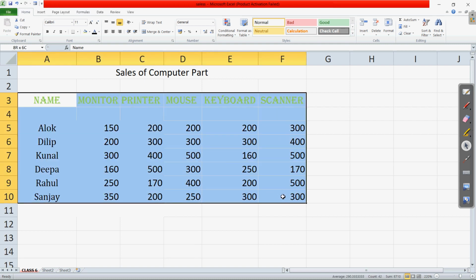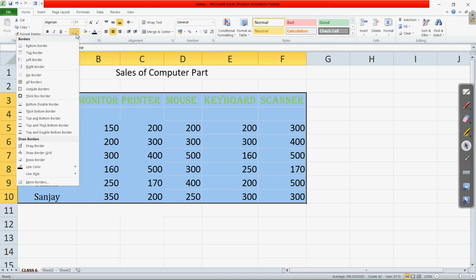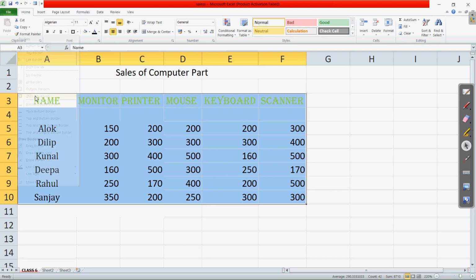First we select these cells across which we want the border, then go to the home tab, then when we click on this border option, here we have different ways to apply the border. Clear? If we want a thick border outside the whole selected cells, we can select this thick box border.